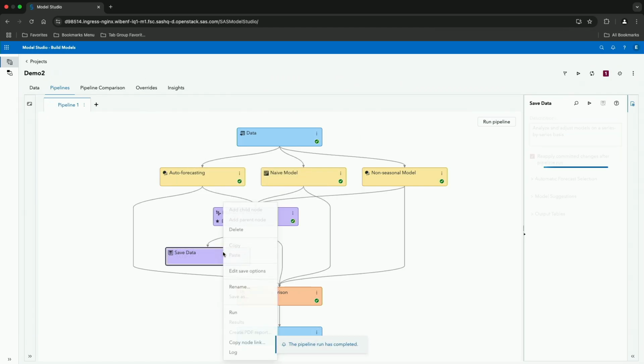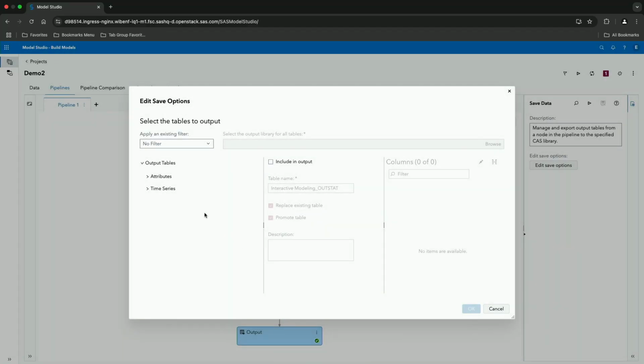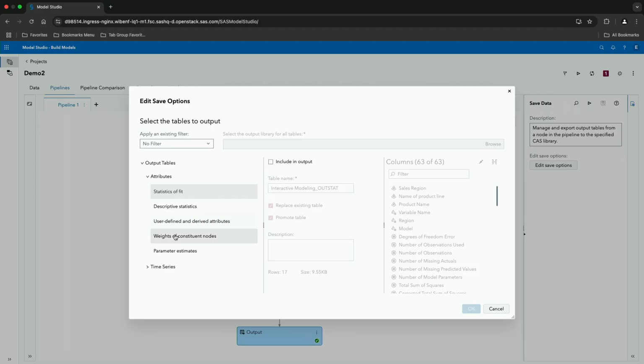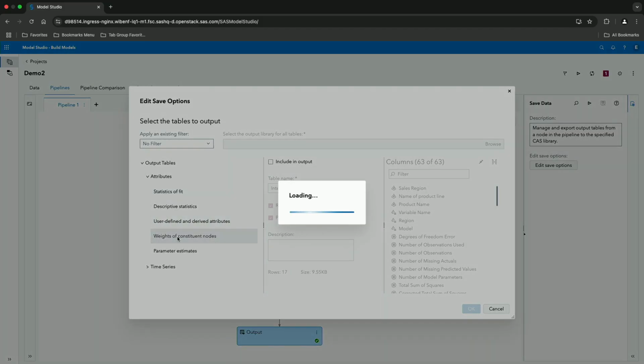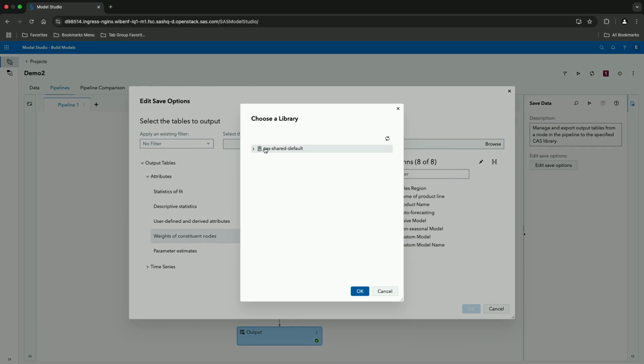I'll now open the Save Data node to show the changes that we have in there by right-clicking and going to Edit Save Options. And under Attributes, we can select Weight of Constituent Nodes here and include an output. And we'll need to select the output library for all tables. So for this, I'm just going to click on Cashier Default and Cast User 1, EMD User 1, which is the user I'm currently logged in as,